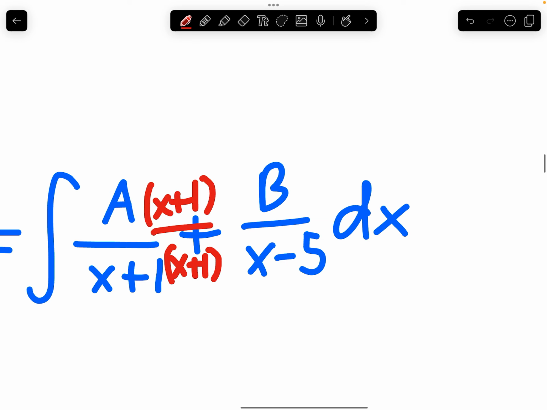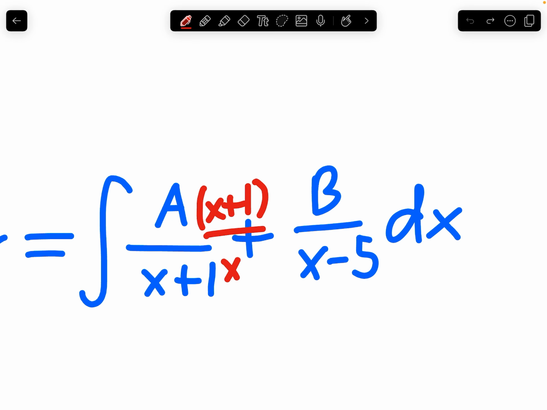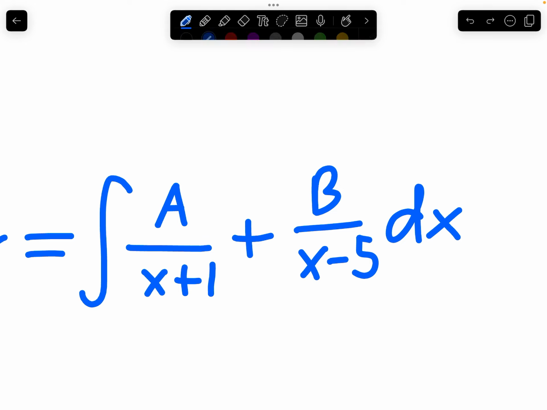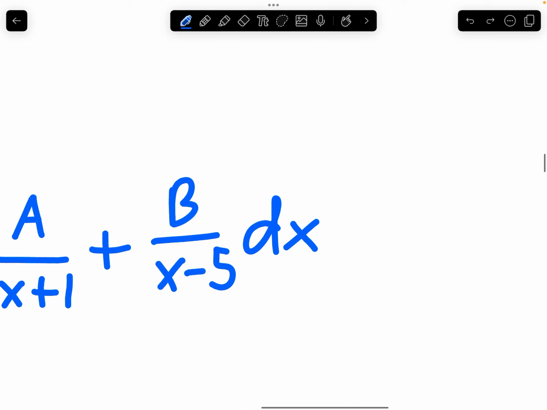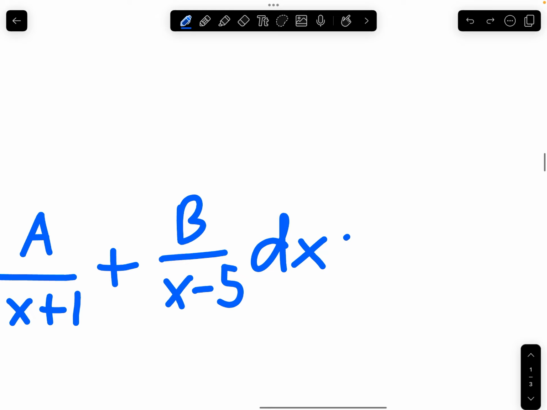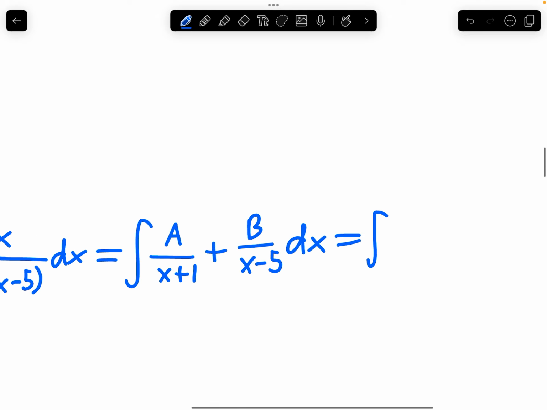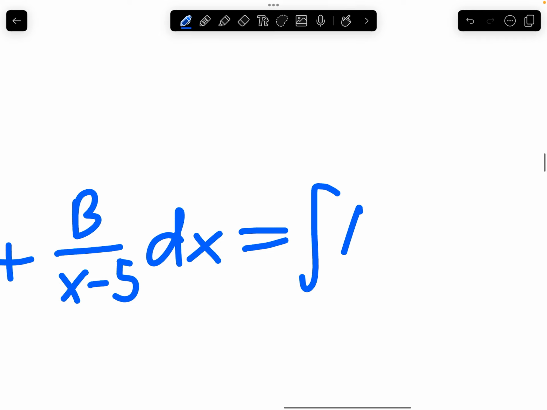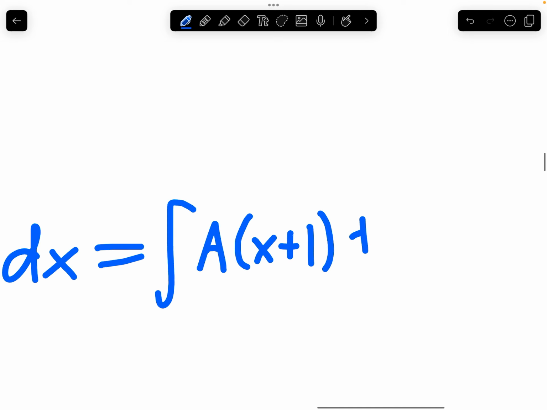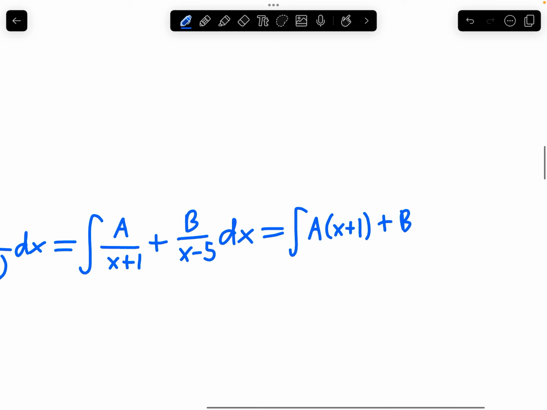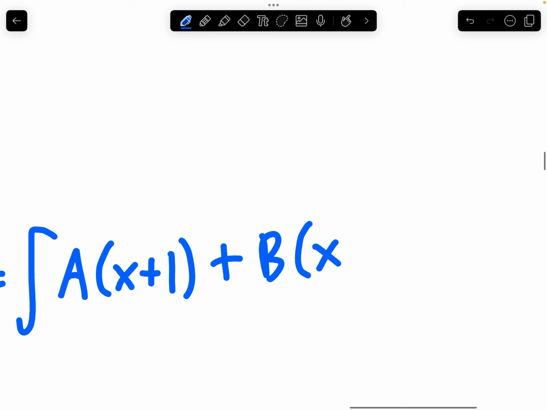On the right side, you do (x minus 5) over (x minus 5). That should get you to something that looks more like a polynomial that isn't a fraction. So you'd end up with A(x plus 1) plus B(x minus 5)